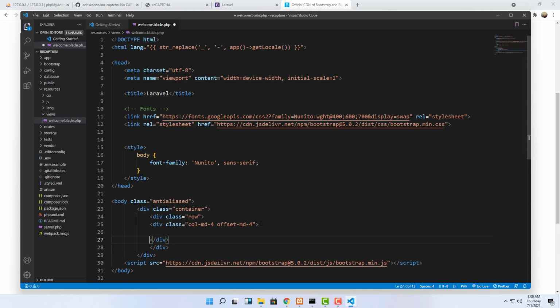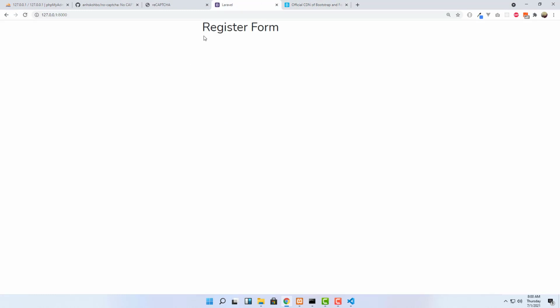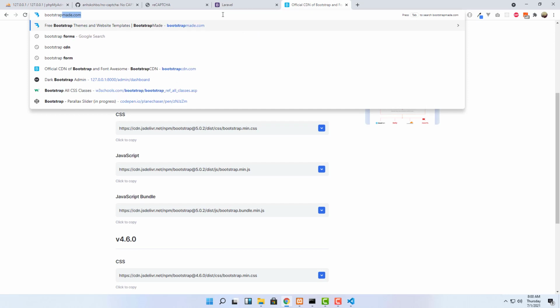And now our form goes here, so we'll just do an h3 and call it register form. That's that. If we save that and go back to the application and refresh, you can see you have register form right here, and our form is going down here. So we'll go ahead and search for Bootstrap form,